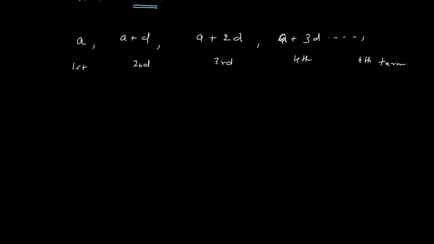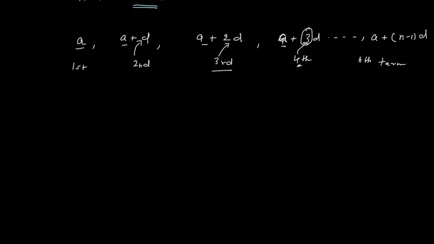Okay, like this, if I wanted to find the nth term, then what do you say? The fourth term is A plus 3D. Second term is A plus D. Third term is A plus 2D. So if you observe carefully, when I talk about the third term, it is 1 less than it. When I talk about the second term, it is 1D. When I talk about the fourth term, it is 3D. So you see that this number is 1 less than this number, and this is same everywhere. So your nth term will be A plus, I will write 1 less than n, so that will be n minus 1. So it is A plus (n minus 1) D. This is your nth term.